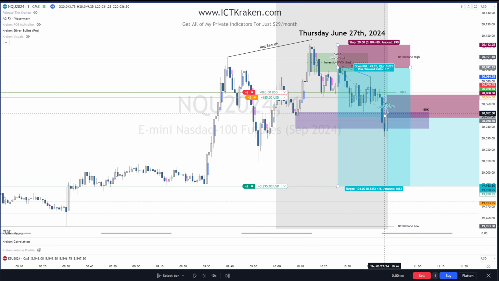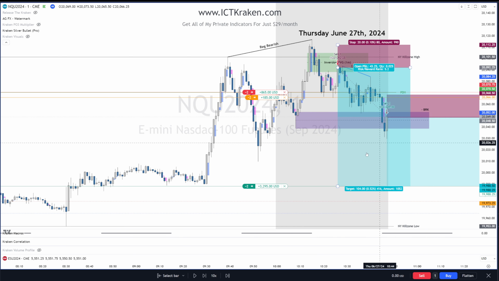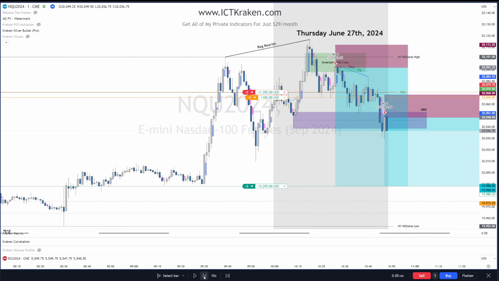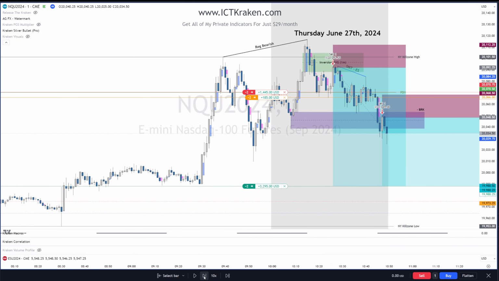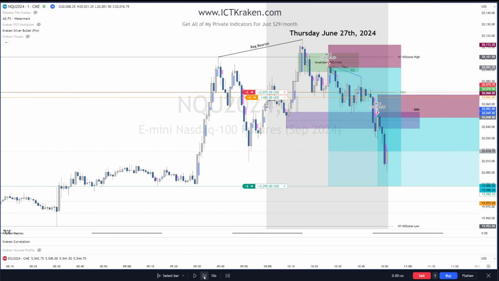And we're going to count our PD arrays of where we're at. So right now we're at the 1. This is breaker blocks the second. We'll count our PD arrays as we go here. Okay, there's the 3, so I'm not doing it. And I'm not counting this order block here because the breaker block's overlapping it basically. Most of it, so I'm not going to count that. I'm not going to count 1, 2, 3 would be the breaker block. I guess I can't count it. It's an order block. I just don't like the half of it's covered in the breaker block, so I'll just leave my